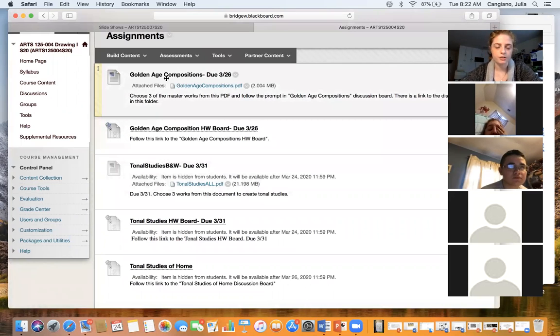For this homework, I'll explain it after I go over it, but there's a document you'll need to look at, and then you'll need to post images of your homework along with maybe one or two bullet points in a discussion board. I've created a couple of discussion boards, which you can think of as a folder where you drop your images and then write any responses that I ask you to do.